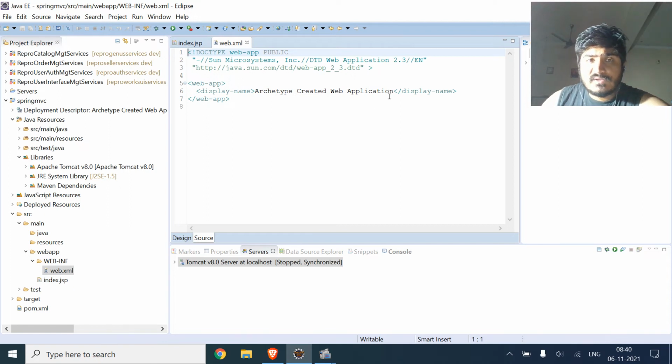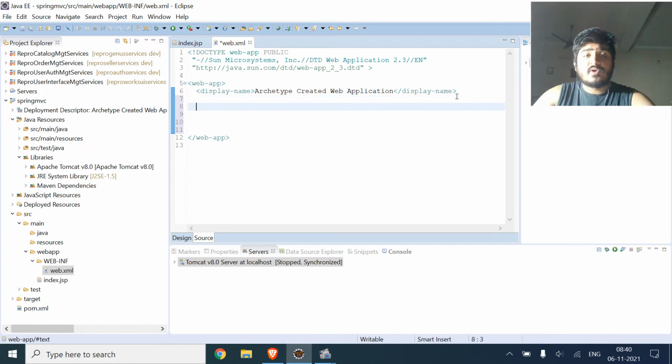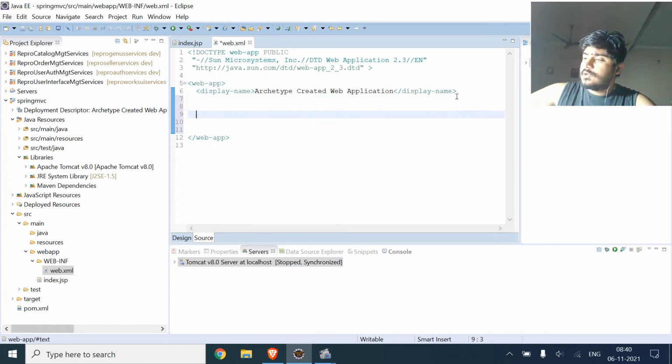So now we will just come inside the web app. We will configure the dispatcher servlet.